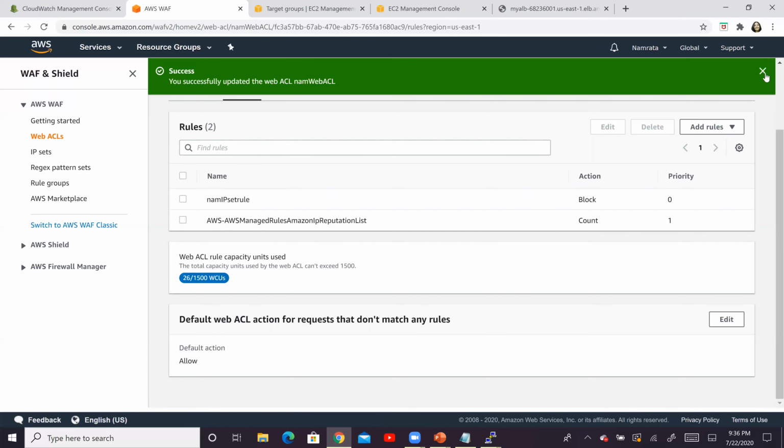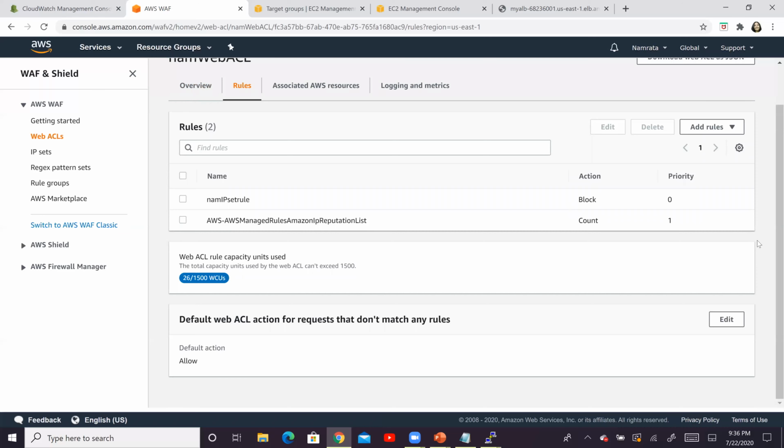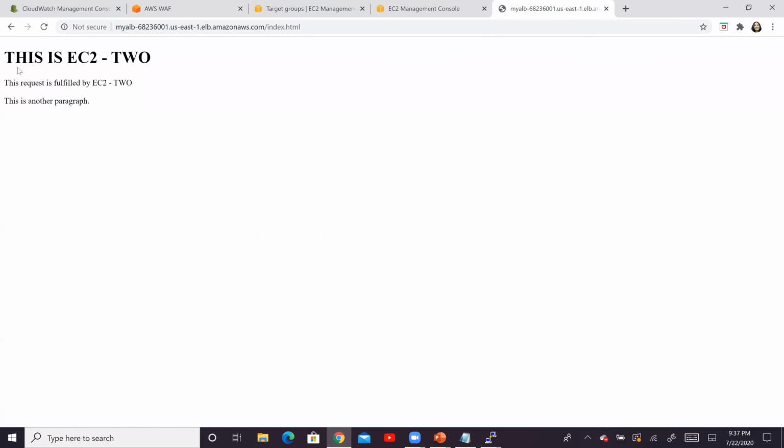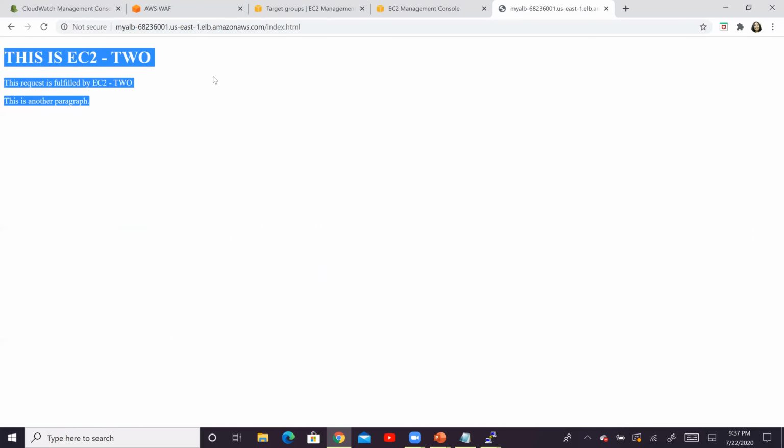So now let's go ahead and test this. We have made our changes, so let's go back to our ALB. Earlier our ALB was fulfilling our request leveraging its DNS. If I refresh this, it should give me a 403, or basically forbidden access, because my access is blocked. So let me refresh this.